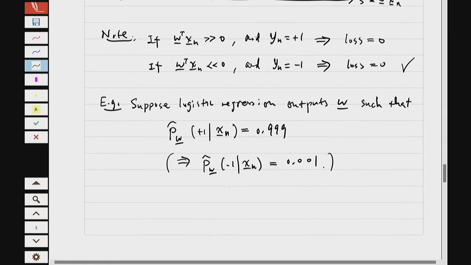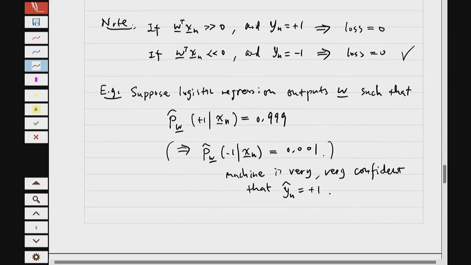So therefore, let me write it down. The machine at this point is very, very sure. Yeah, confident. Let's say confident that the estimate y hat n should be 1. Okay. So in that case,